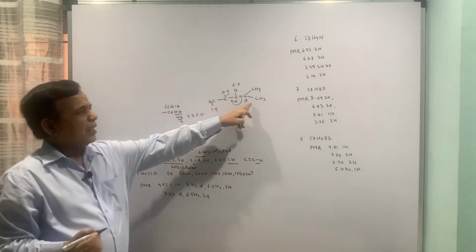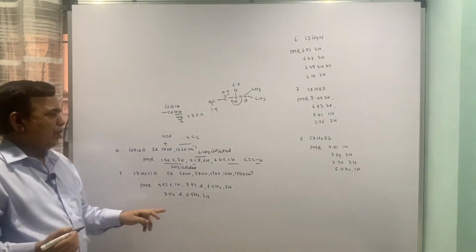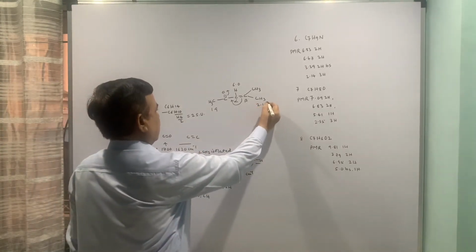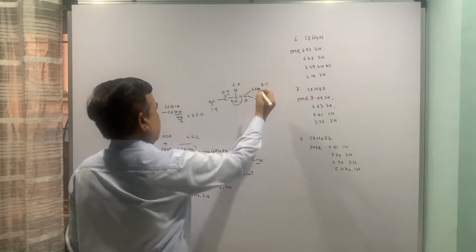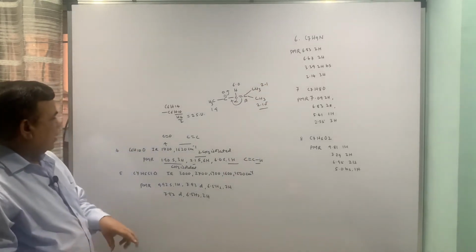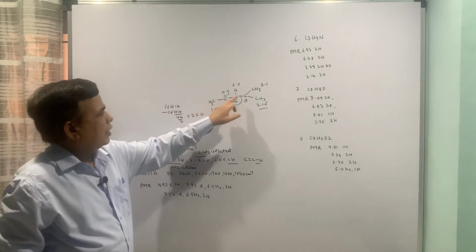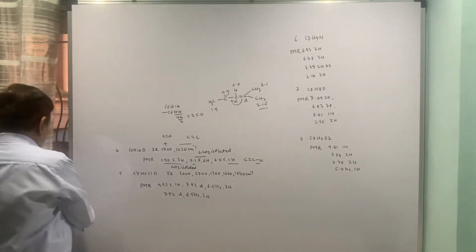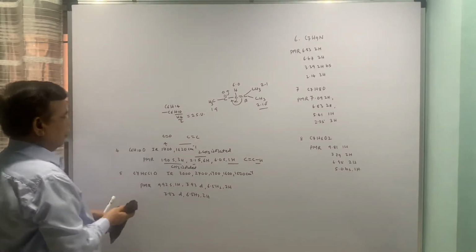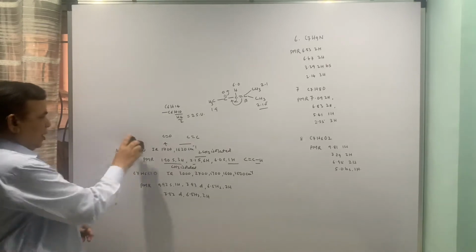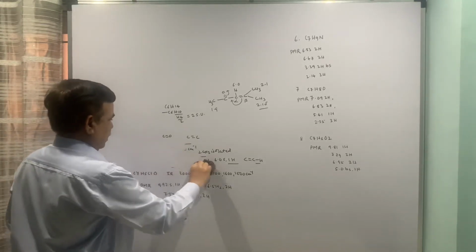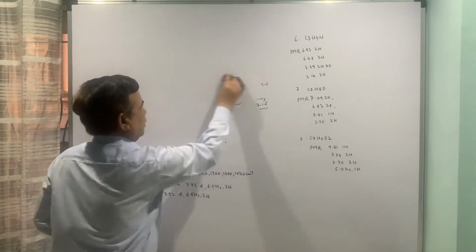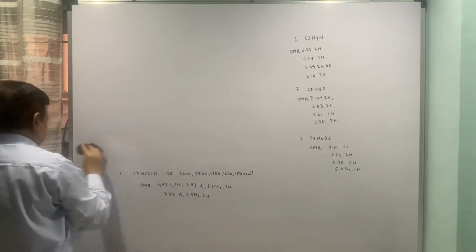So if any proton is here at beta, it will be much downfield, and these 2 methyls are 2.1 delta each, like 6 are there, 1 2 3 4 5 6 9 and 1 10. So that is the overall structure of this molecule. IR and PMR data is consistent with the given structure. A given structure is explaining everything.